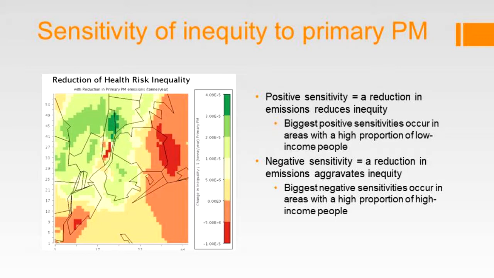And so the positive numbers are good, meaning that reducing emissions reduces inequity, and that's driven by locations that have larger proportions of low-income people, and that has a larger impact on the domain-wide inequity. Negative numbers are bad, and it's saying that reducing emissions in those places would actually worsen inequity, and those are driven by locations that have high proportions of high-income people, and so reducing emissions there would make the situation more unequal across the domain. And so if you go to the next slide,